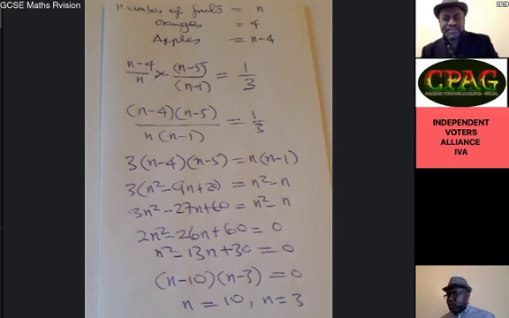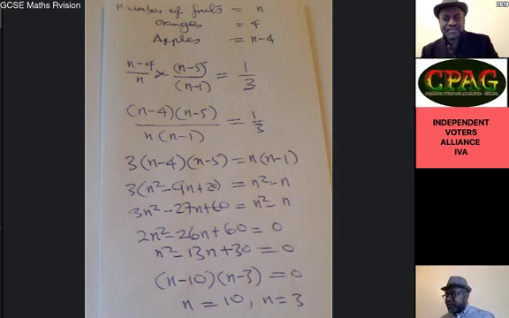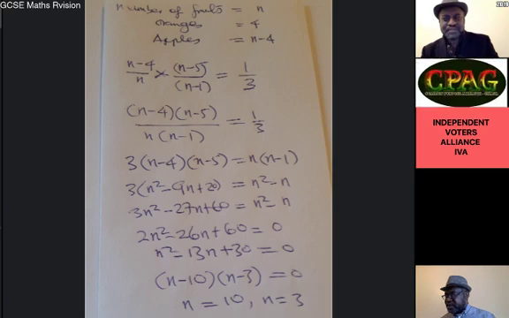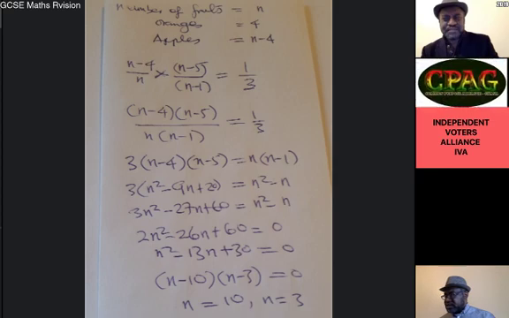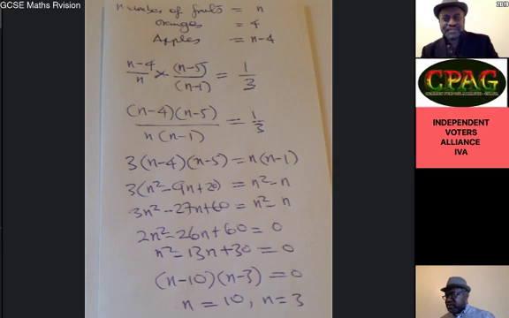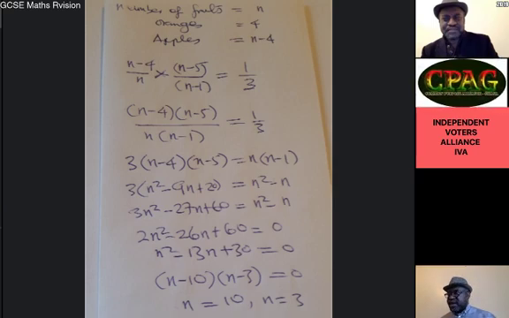Then you multiply through by the 3, remove all the brackets, then you bring all to the same side, you're going to get 2n squared minus 26n plus 60 is equal to 0. Then you divide through by 2 to simplify it, you get n squared minus 13n plus 30 is equal to 0. Then you need to factorize